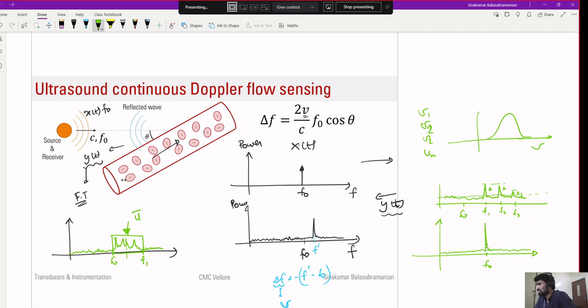Most of the RBCs are flowing at f1 frequency. No, see here, f1 will correspond to some velocity v1, f2 will correspond to some velocity v2, v3. Because the peak is higher, that means there are more RBCs reflecting waves back at this frequency. And these two more or less have the same amplitude. That means you can say equal percentage of RBCs are moving at velocity v1 and v2, and maybe like half